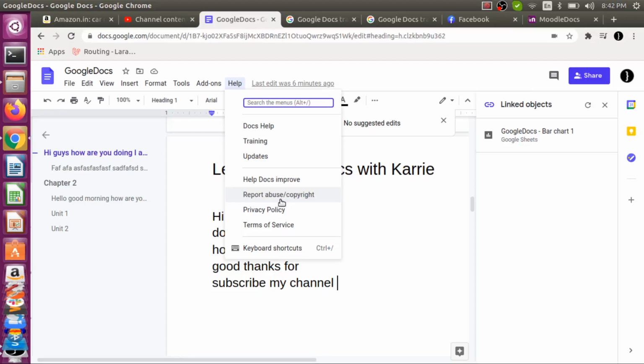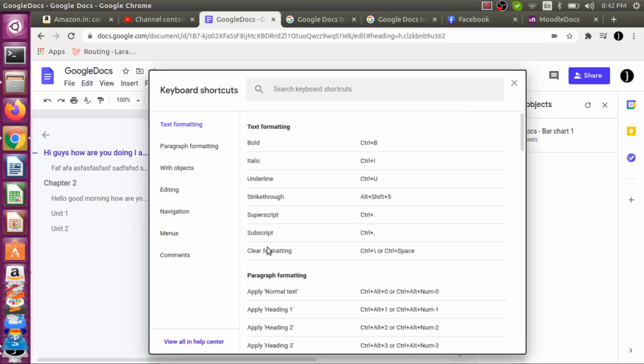And the next thing is keyboard shortcuts. This is very useful for you, which I personally think, because if you click here, each and every command shortcut is available, right? If you want to do anything quickly. And at the start of this series, I requested you to try to use the keyboard more rather than the mouse, because it will help you enhance your speed on the computer, right?